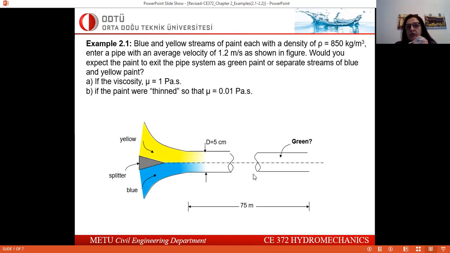So to answer this question, whether they will have separate flows or they will mix with each other such that we end up with green paint,